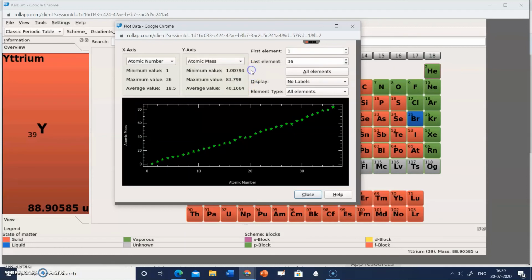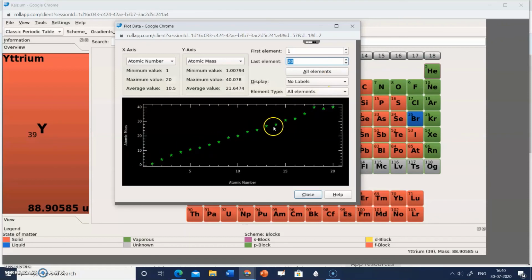So if we want to plot a graph between atomic number and atomic mass, then choose these options, and you can change the options here also. So the first element is atomic number 1, to the last element 36, or let me change this number to 20, right?